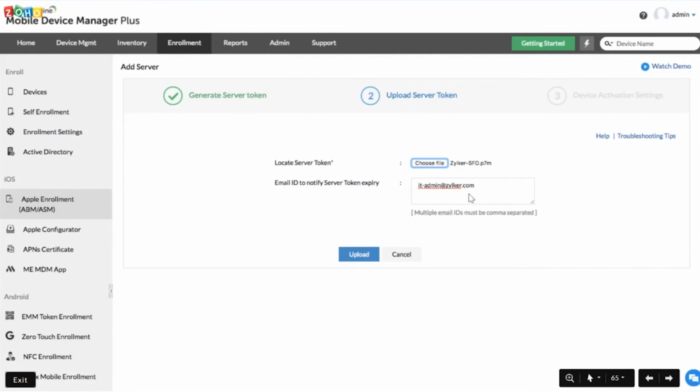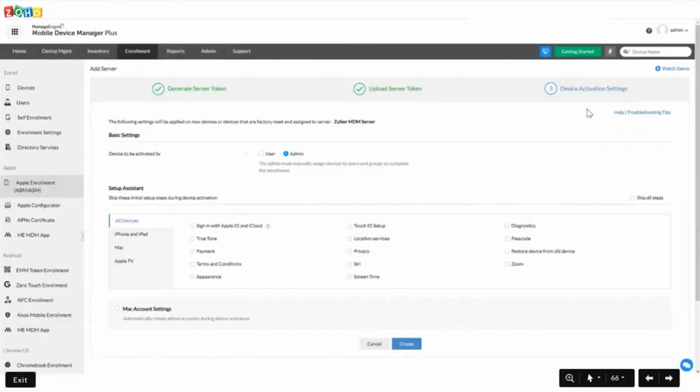You can also provide an email ID to be notified when your server token is about to expire. So these server tokens are valid for 1 year, so you will have to renew it every year. Once you've uploaded the server token, click on Upload, and you also get the privilege of skipping a few device